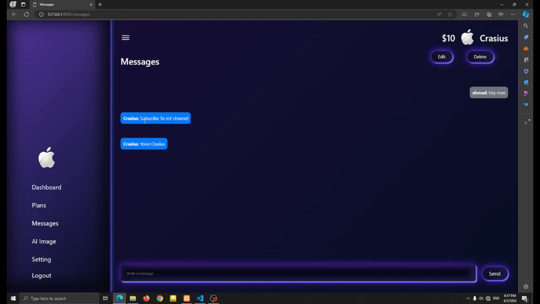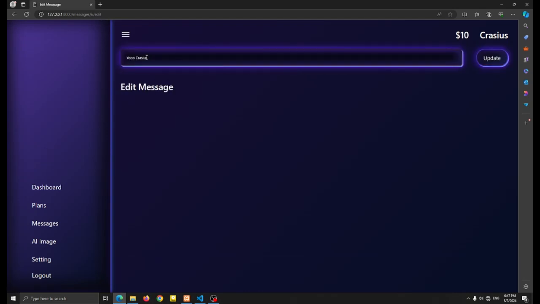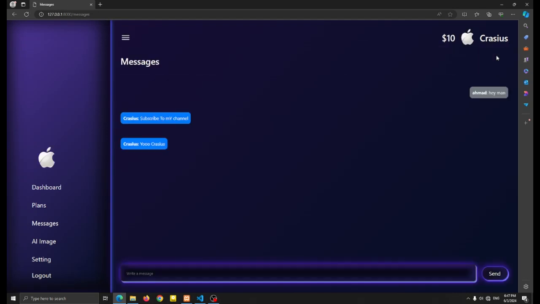So for example, if I just click this, right? But it doesn't edit this. It's going to edit this. You can see, it's just a little complicated, but if you have any problem with this, just add a comment. I'm going to guide you how to do it with JavaScript or with Laravel, doesn't matter. I'm going to just show you in a comment, but